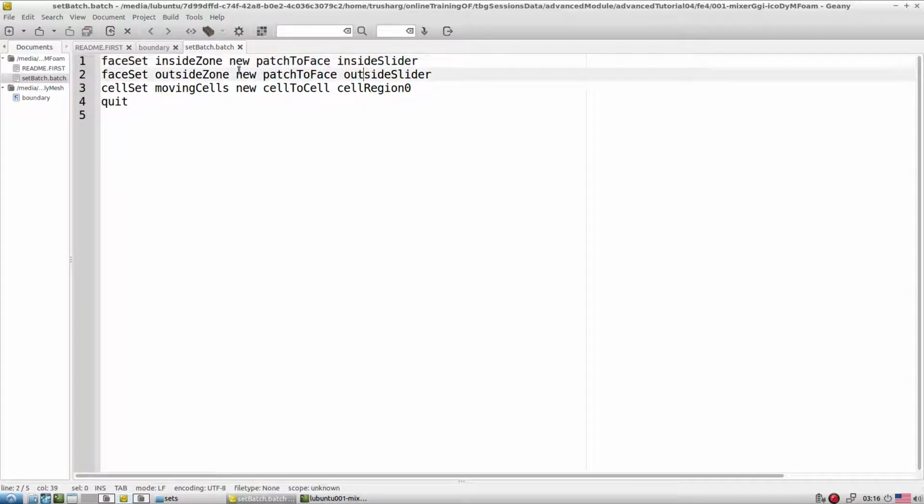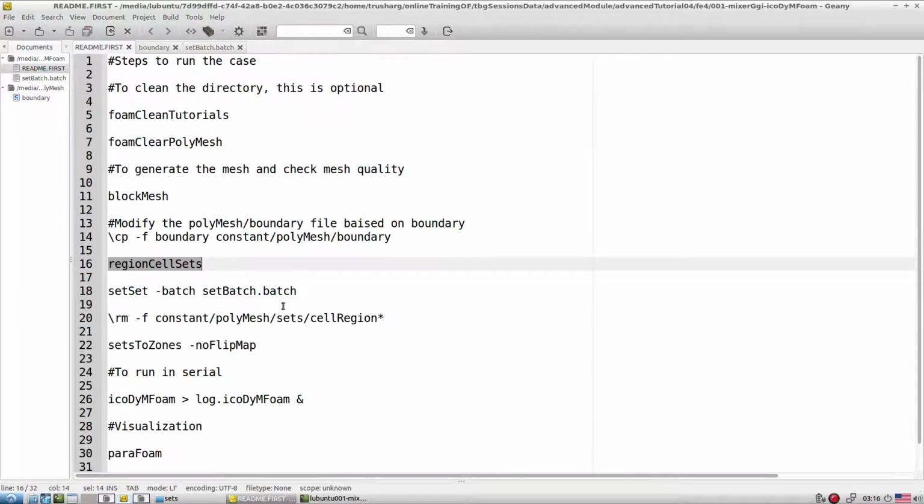The same way for the outside slider, the outside zone. Whatever is inside cell zone 0, we transfer as moving cells, giving it the name movingCells. Let's run this particular command.